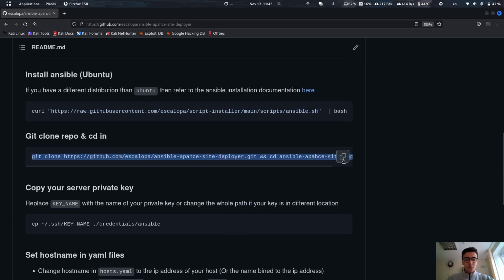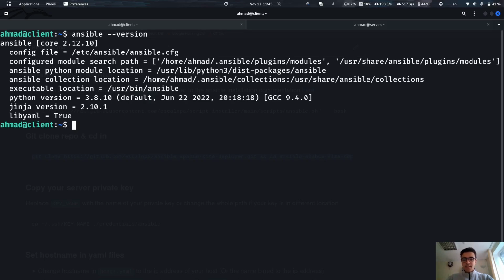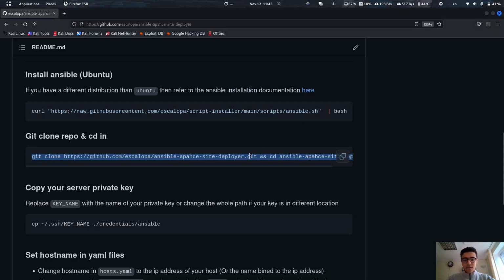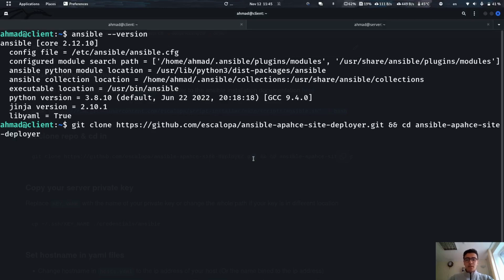So let me just start with this. I'm going to skip the Ansible part because I've already installed it on my machine. Just to check the version, Ansible version, and as you can see, I have it installed. This command right here will only work for Ubuntu. If you have a different distribution, just click the here button right here and follow the documentation to install it on your distribution. So now I'm just going to be cloning this repo,